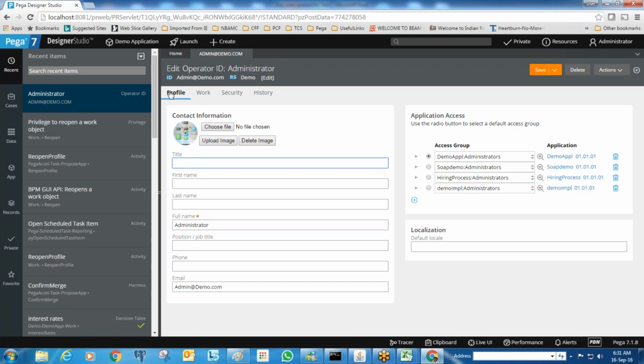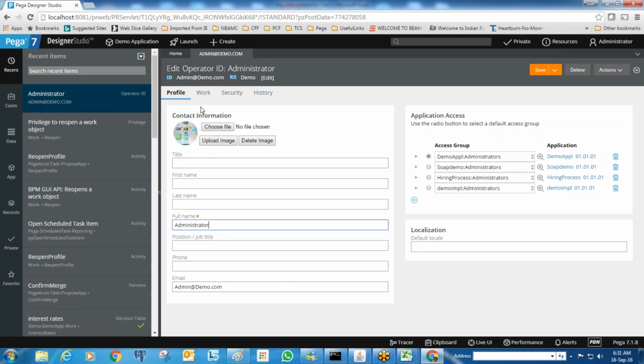Here, in the first profile tab, we will talk about the different things like basic details: your profile, first name, last name, full name. If you want to create operators, during development we don't use LDAP. Once the application is deployed into production, generally in that case we'll use LDAP. For developers we don't need LDAP authentication because there may be hardly 20-30 developers, so we can create the operators. But once the product is moved to production, the end users can use LDAP.